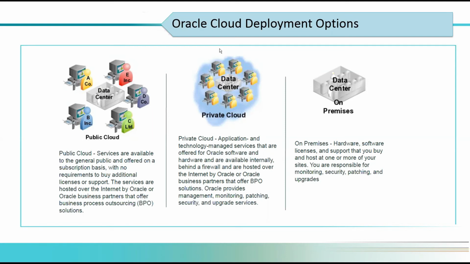Maybe company A will come and say, hey, I have this data center, basically I want to deploy one more application on this data center so that I can see that application along with my current application. Oracle says that you cannot deploy your custom application because it's shared by all these people. Again, you cannot do that, right? That is the one. Basically company will say, oh, it looks like my customizations are increasing, or my custom applications are increasing, then I should go with a private cloud where I can have my own data center, where I can maintain my own application, which is not shared across the people. That is where you can go with the private cloud.